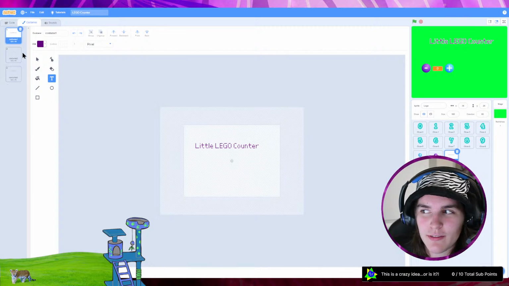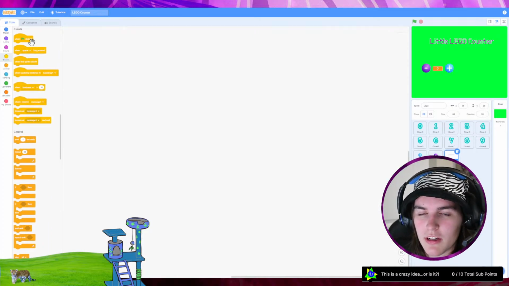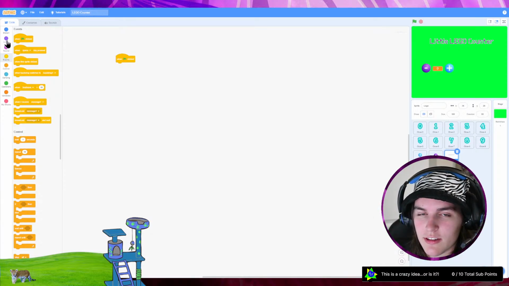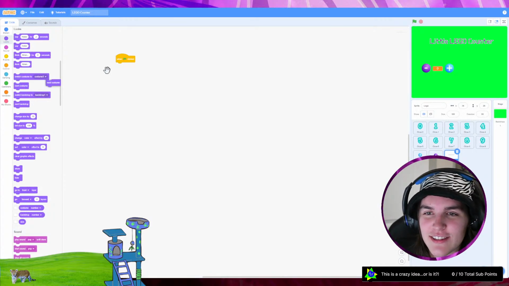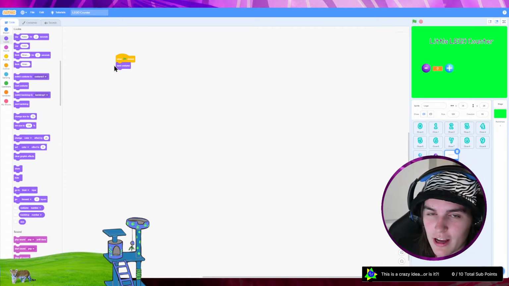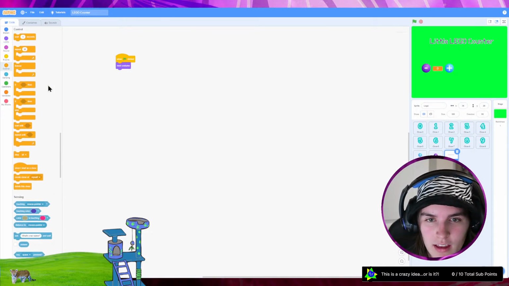Okay, so right now my costumes are static, but if I go into the code and go into events, I'm going to use this one flag clicked option and literally go into the looks button, and just go to next costume. So it'll do that. Right now it'll only do that every time I click on the flag, but I actually want it to have a whole loop. So I'm going to go into control and then do a forever loop,